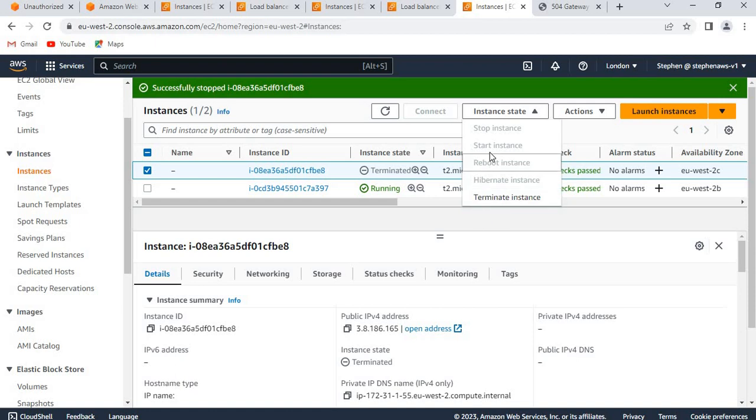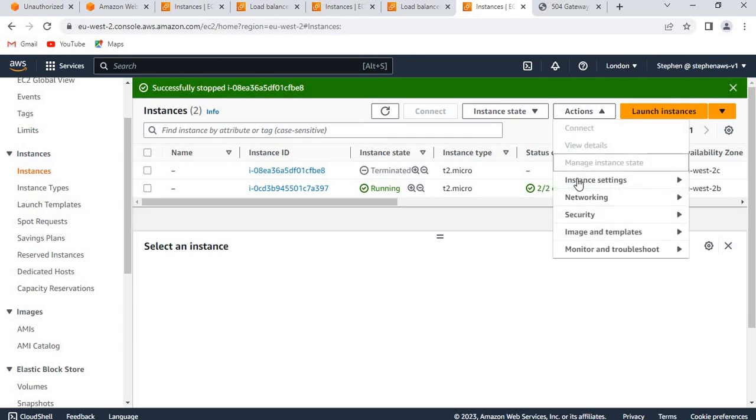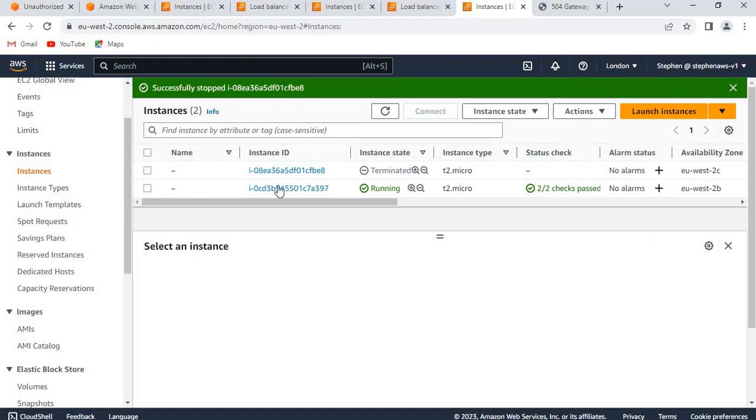Okay, I actually thought I was starting the instance. Anyway, what I wanted to show is, let's assume we have one instance right now,